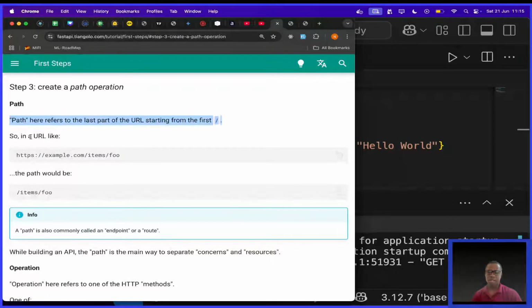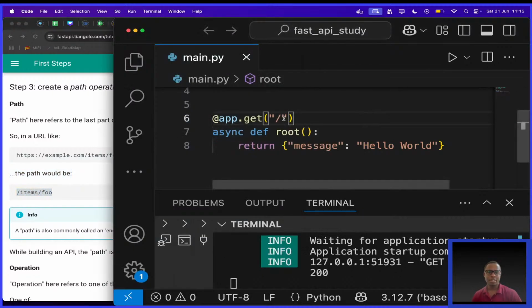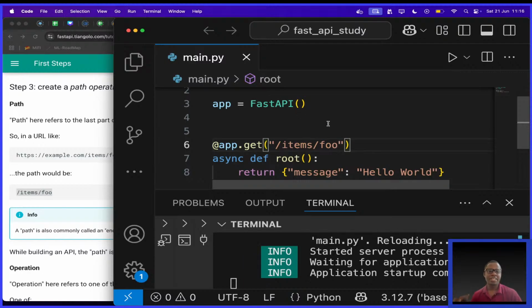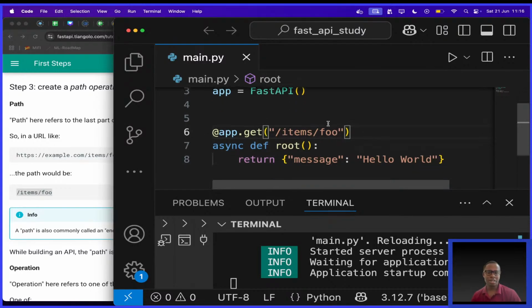So in a URL like https://example.com/items/foo, the path would be /items/foo. So in our case, we would just add here items/foo. The other part like https://example.com is added, of course, automatically by FastAPI.